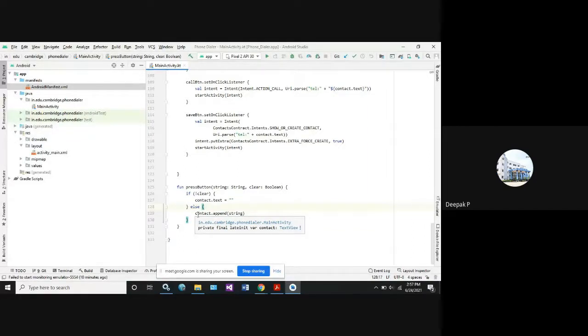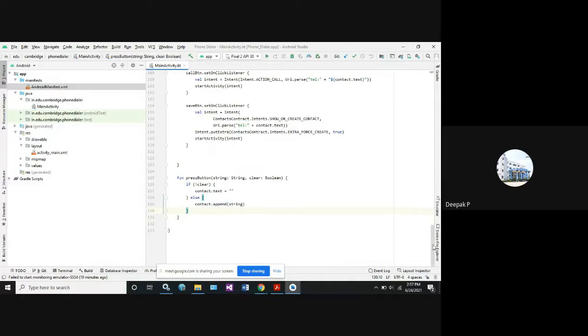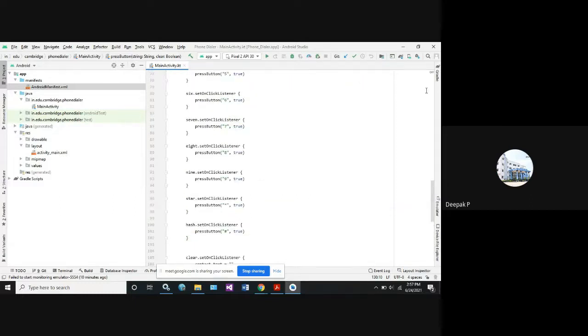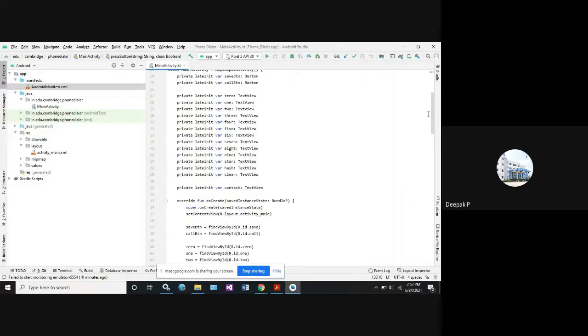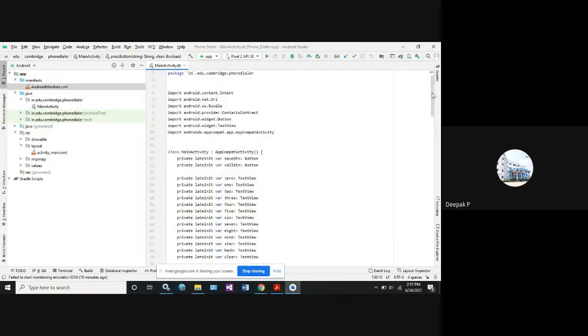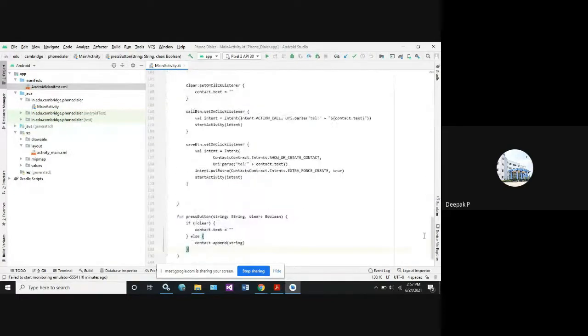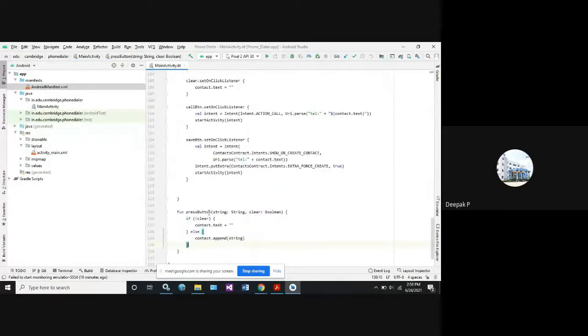So I cannot type all the numbers directly. Each number has to be typed one by one. For that purpose, we have written the append function. Append is nothing but it's going to be added to the next fields, and this field will be taken as a string value. Okay. So this is regarding your Kotlin file. Same as the second program. In addition, we are using these two functions. That's it.